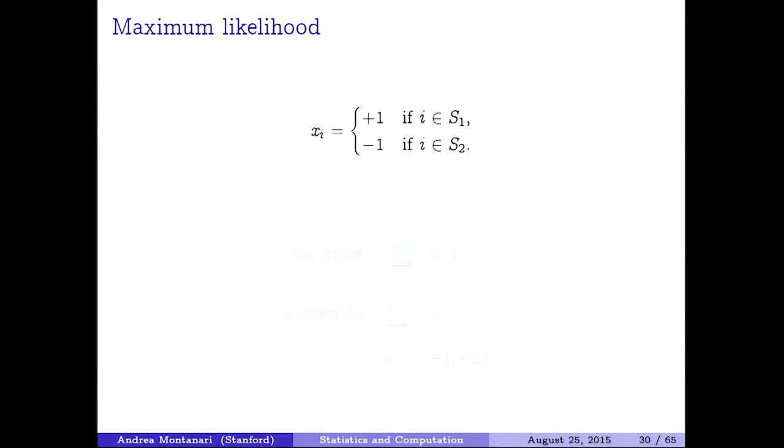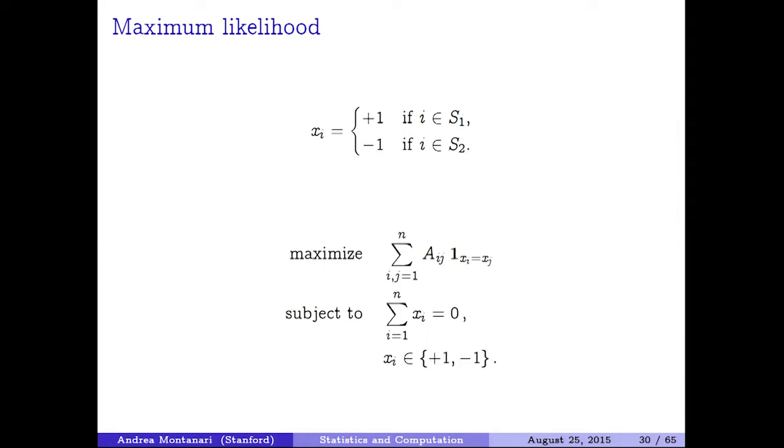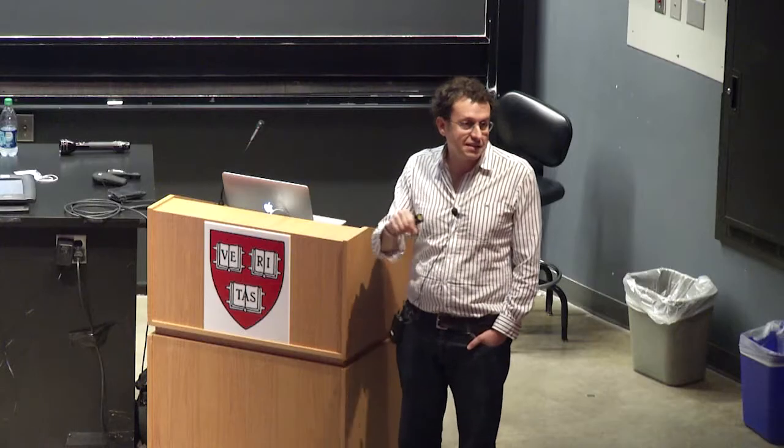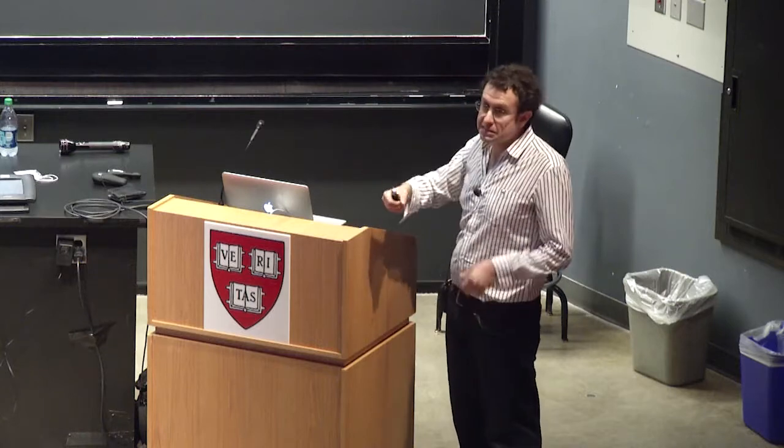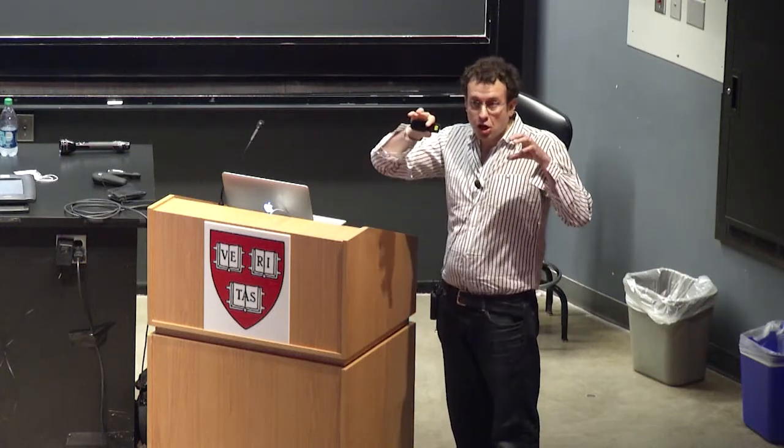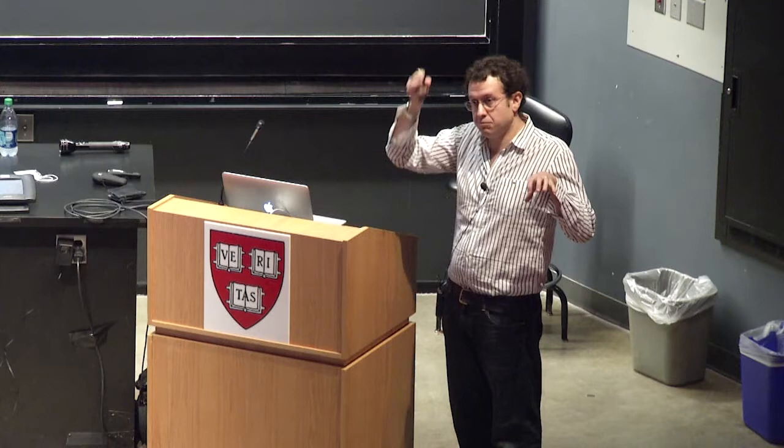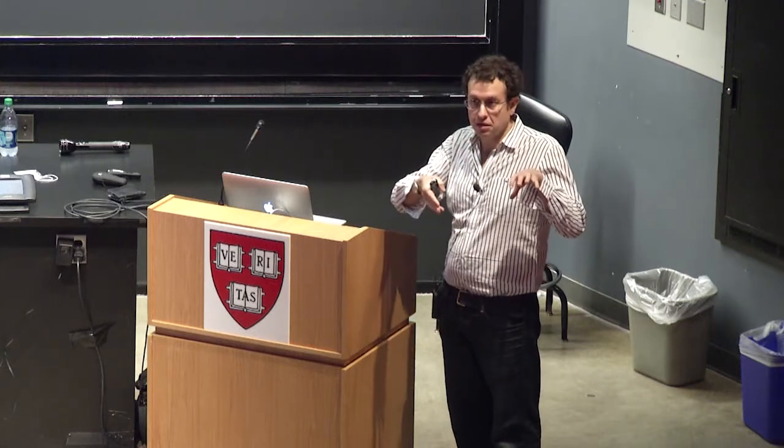Right, so if I'm not ingenious, the first thing that I do is maximum likelihood, right? You can encode the partition with plus or minus 1 variables, plus 1 on one side, minus 1 on the other side. So what is maximum likelihood? If you think 5 minutes, or you can give it as an exercise to an undergraduate student, you find out that maximum likelihood does the following: it maximizes the number of edges on each side of the partition, subject to the partition being